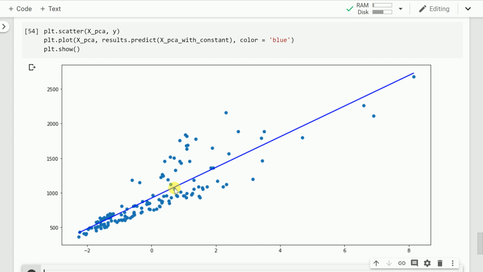So again, I repeat, this method works really well when you don't want to interpret the results that you derive from the linear regression model, or there is nothing that you want to explain to the overall business that, hey, listen, this feature is having a weight value of XYZ or something of that sort. So this was my take on how you can use PCA for removing multicollinearity in your dataset.